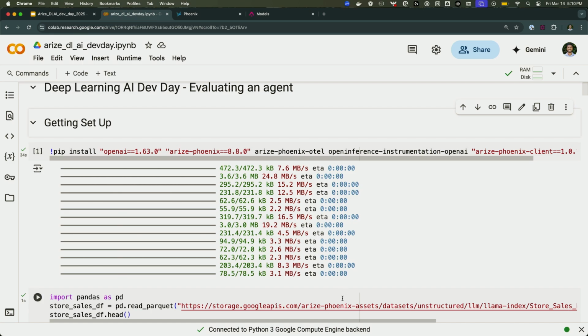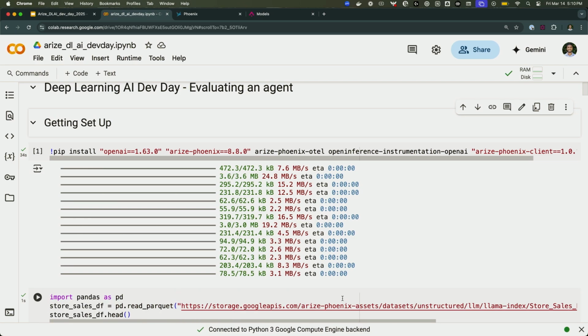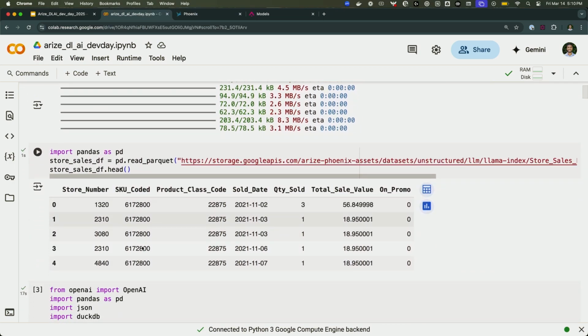In this case, this is sales data to answer questions. So think of this as like, you have some data store of sales data of how people might be buying a given product on a marketplace. So we're going to do the setup. I've already set this up, but this is what the data looks like. So it's like store number, SKU, product class, information, how many were sold.